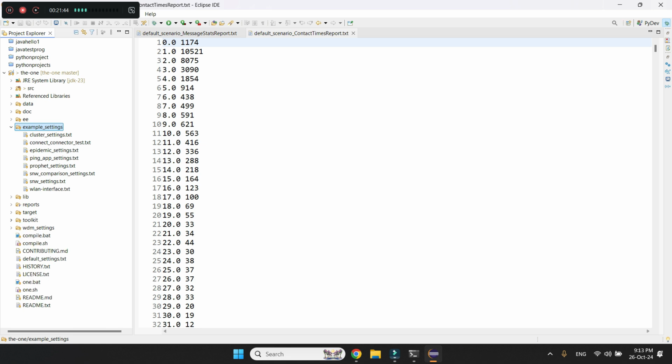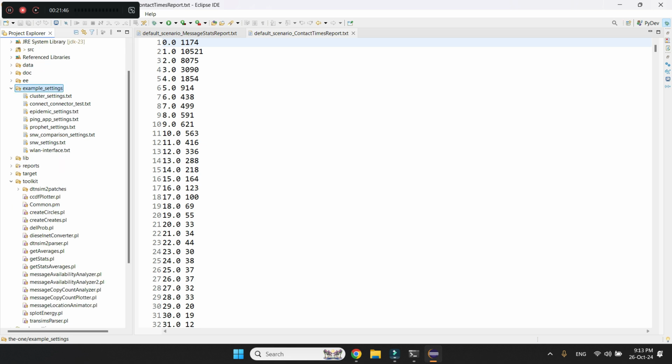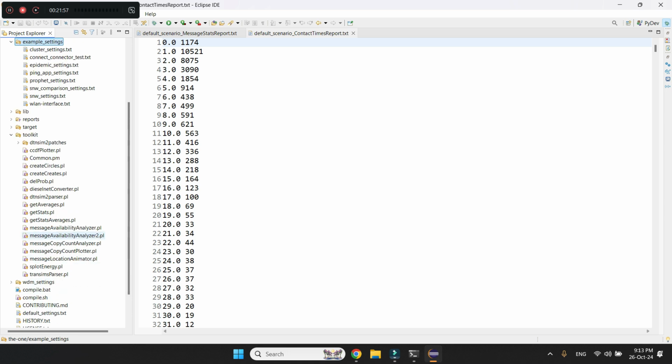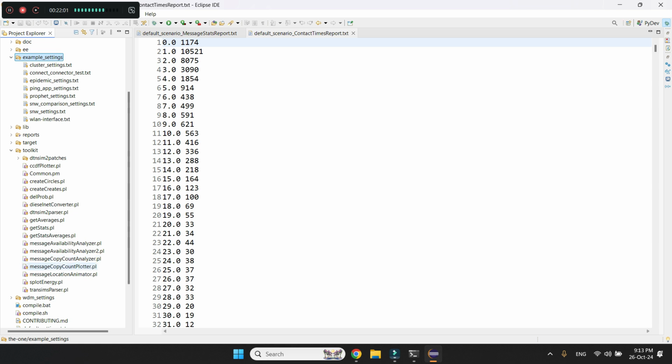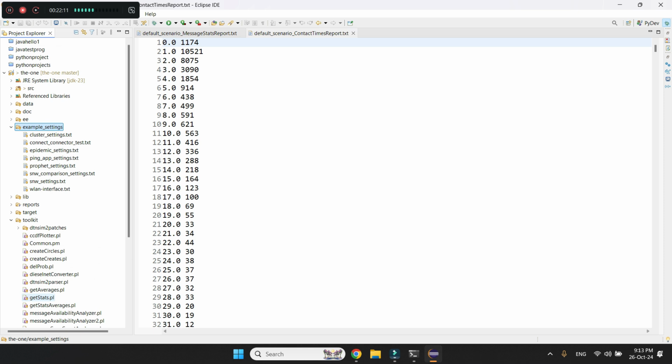Similarly, we have some other files in the toolkit. In this toolkit, we have different utilities that we can use to create plots, or do some parsing, or create some mobility models. So all these toolkits are already available here. And then